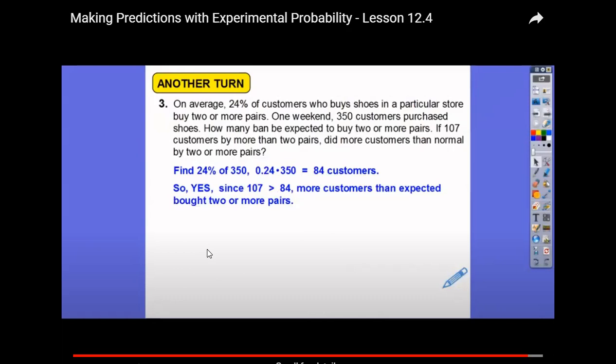So this is our lesson today, how we are going to predict by using experimental probability. This was lesson 12.2 in our